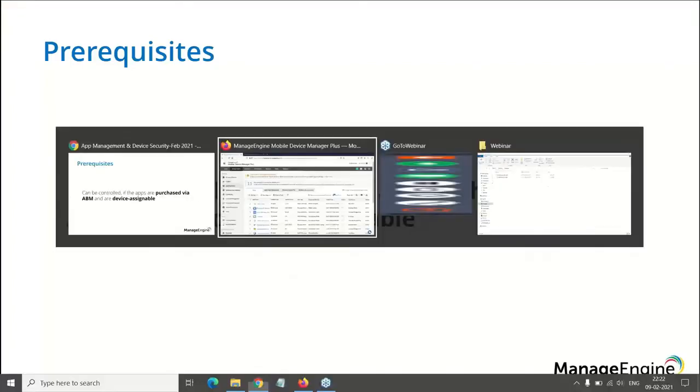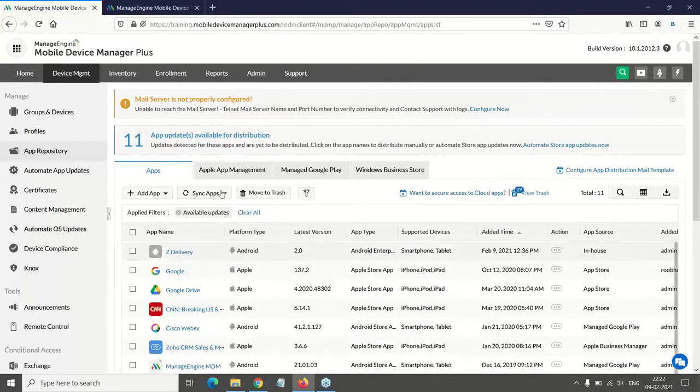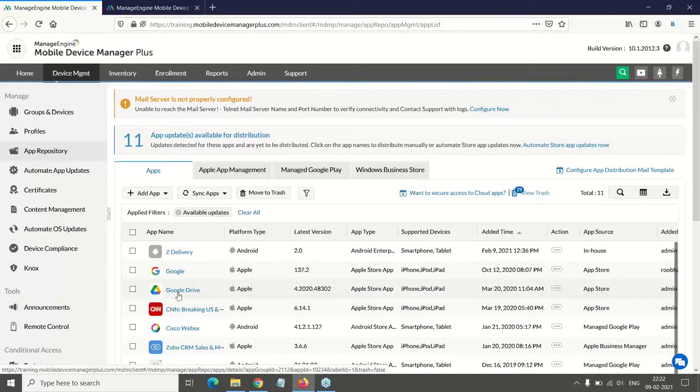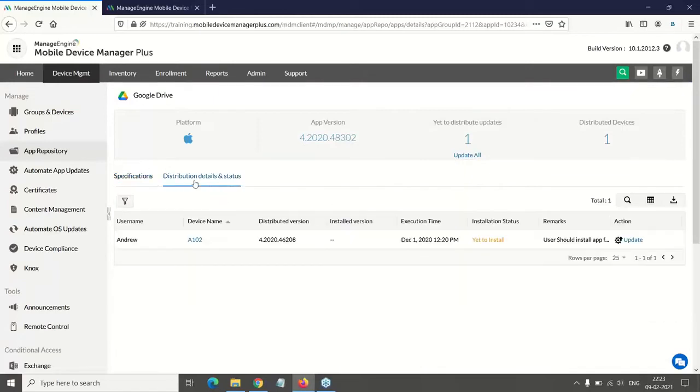So on the MDM web console, when the update is shown with this message, you can just click on the count and choose the application and deploy the updates to all the existing devices by clicking on update all, or you can move to the distribution details page and update it to individual devices using this option.